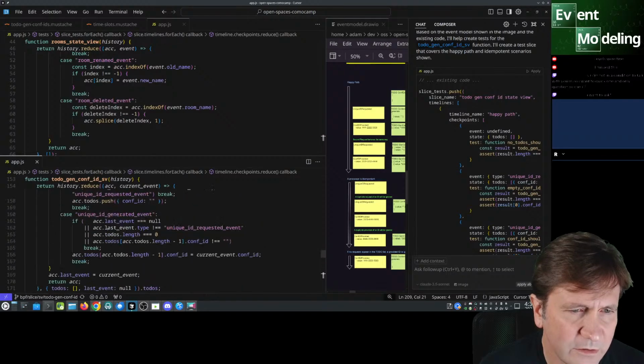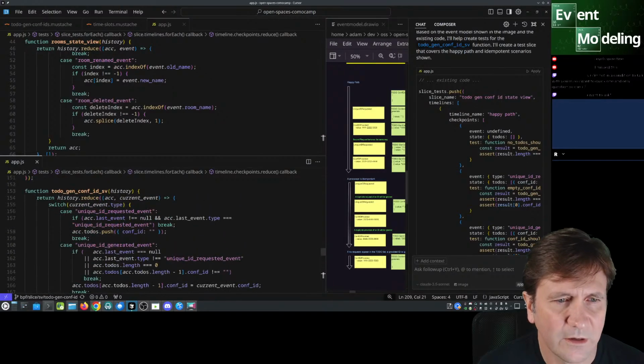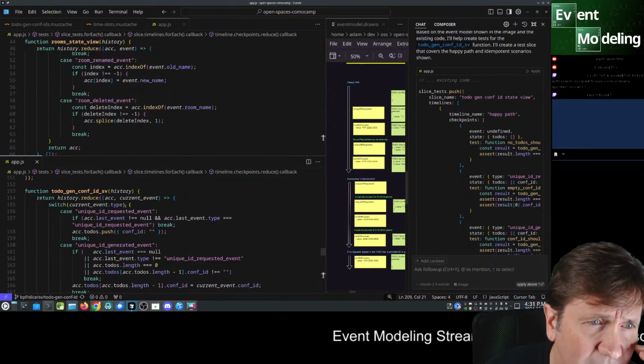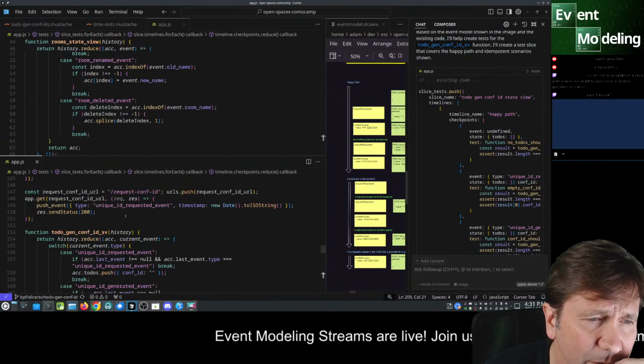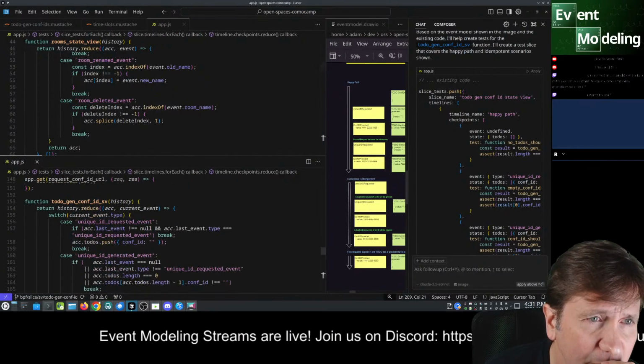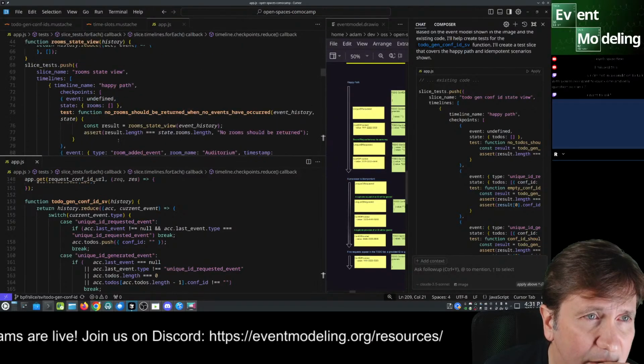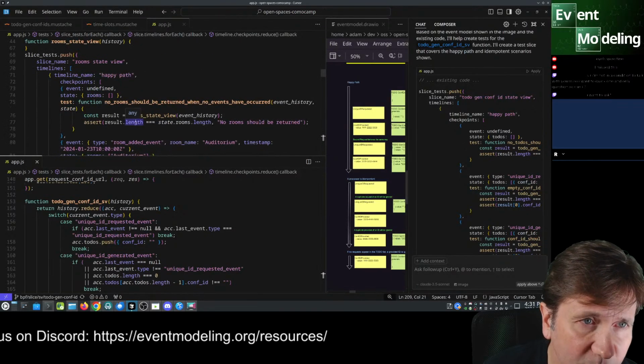That's the implementation. Okay, so we're looking at the implementation, but what else do we want to check? Oh yeah, we also want to look at the tests, the test structure from the other one, sorry.